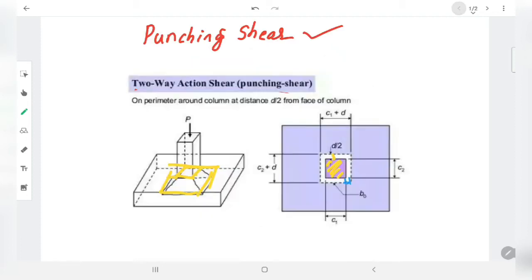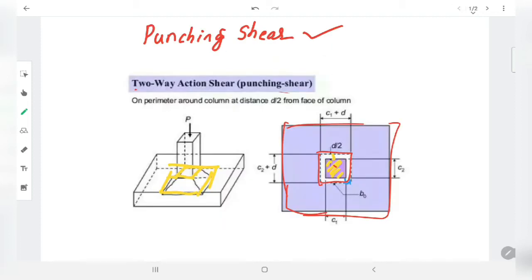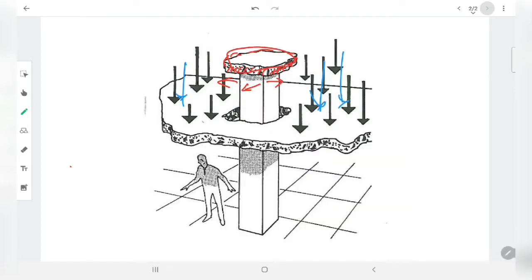In the earlier case, this is the footing, whereas here, whenever the force is applied, the footing may fail under shear. In the flat slab, the force is acting on the slab and the effect will be at the junction of the column. In both conditions we have the same effects, but the force may be in the opposite direction. So we understand what exactly punching shear is, how it acts, and what its effects are.